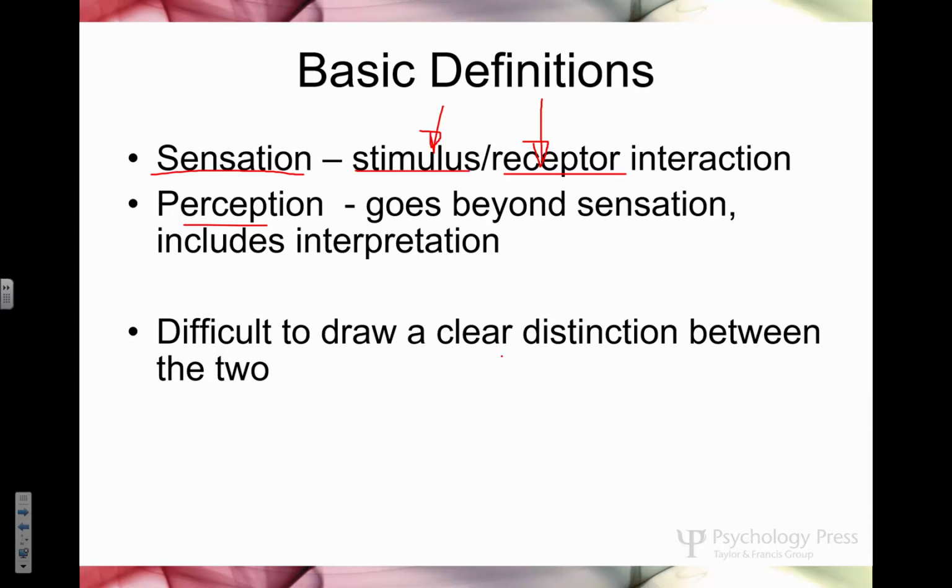Now sometimes, Mason, it's difficult to tell the difference between the two. Like, this light is coming in, it's hitting receptors, I'm perceiving that as red light, but that's activating receptors that are only sensitive to that wavelength of light. Is that sensation, or is that perception? That's a little fuzzy. I don't want you to spend a whole lot of time in that middle ground, but the things on the far ends are pretty easy. Sensation, definitely: stimulus, receptor interaction, that's it. Anything else is going to be perception. So we can draw our definition that way. Does that make sense?